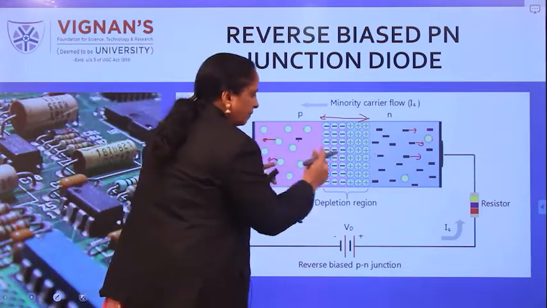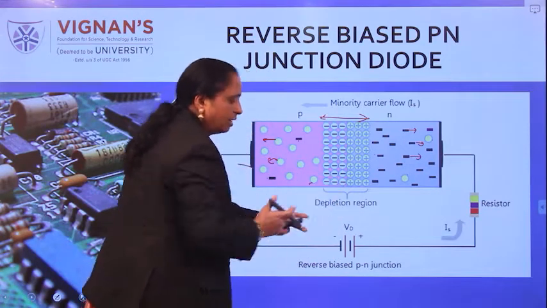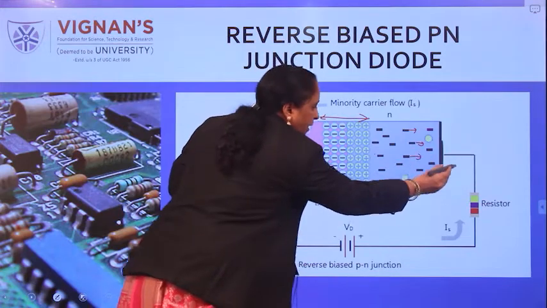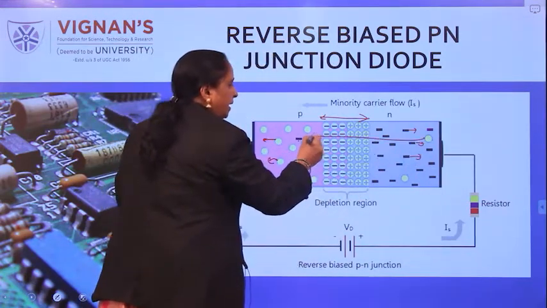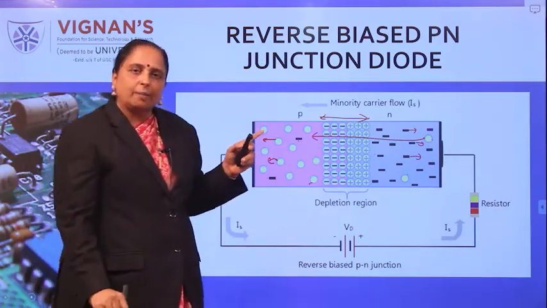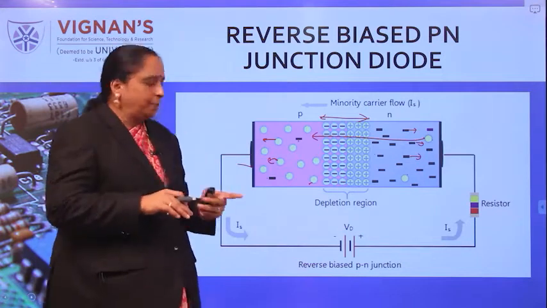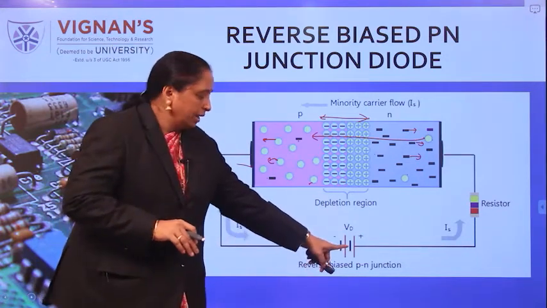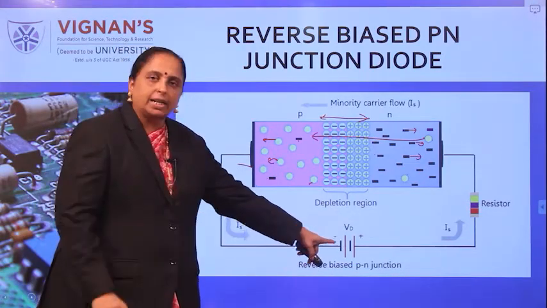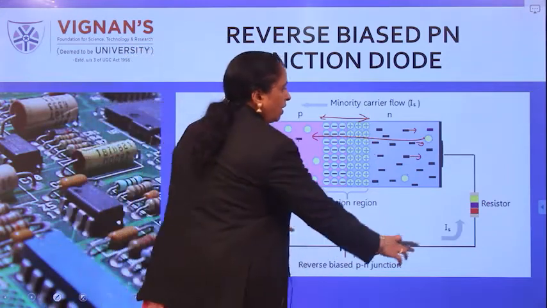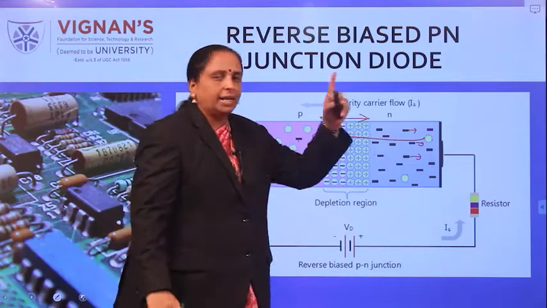See here, as soon as the depletion width increases and as you increase the reverse bias more, this hole is repelled by the positive terminal of the battery. They can easily cross this barrier. So what is the characteristic of a minority carrier? The minority carriers attain some kinetic energy because of this high reverse voltage. Here in the lab you will verify this: 1, 2, 3, 4, 5, 6, 7, like that you increase the reverse voltage. That will cause a strong repulsion by the positive terminal of the battery and they attain kinetic energy.